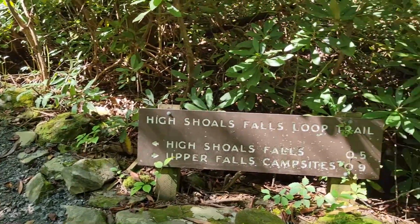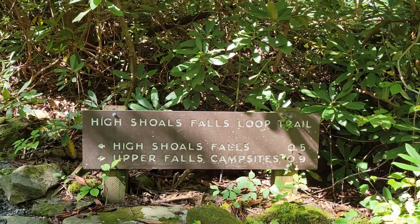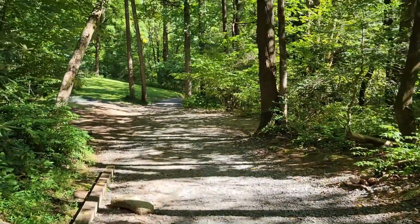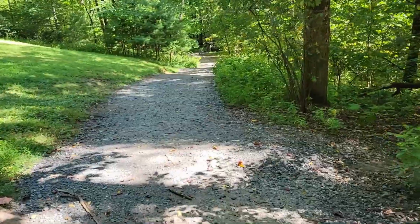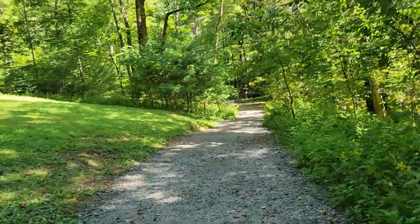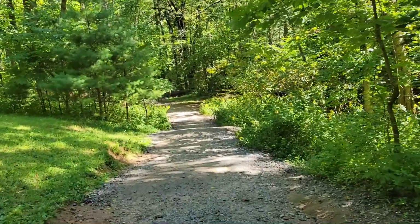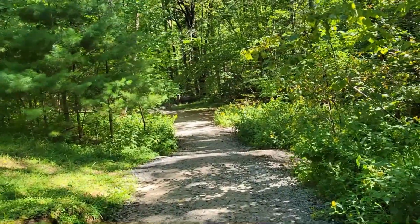So, but anyways, we're back on this trail, High Shoal Falls Loop Trail, which has been completed. We got to see the Upper Falls campsites and the High Shoals Falls. So we're going to come back out like kind of the way we came. And I'll take a look at the map here when I get a moment to sit down. Time is 11:07. As you can see, that doesn't take a whole lot of time to get through. I'm just thankful that I went the other way to get around that loop. Because going up the High Shoal Falls via those steps, yeah, I'm not, no. But anyways,